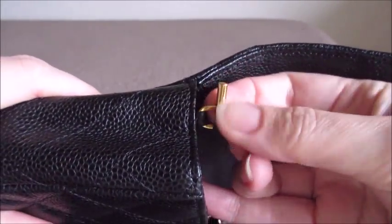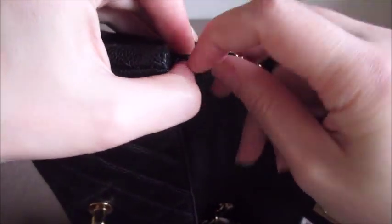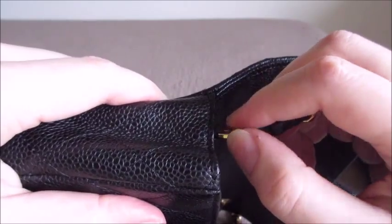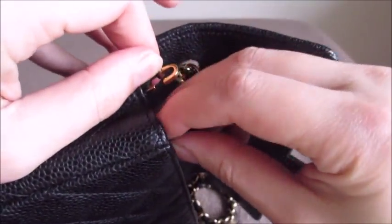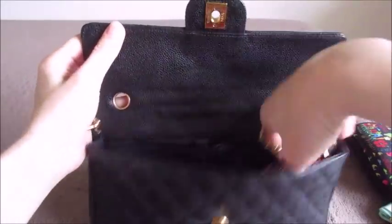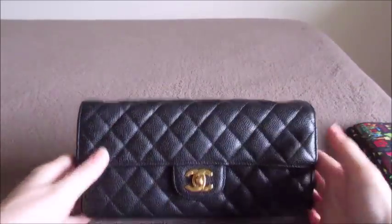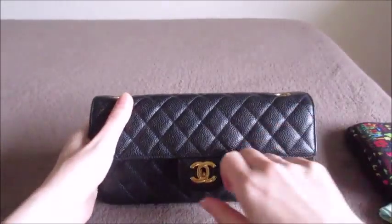That centerpiece just flips right up. Doesn't look like it, but it's super easy. I can't do it now, but there, it flips down and then flips right up. So you can completely take the chain off and run it through. If you wanted to use it as a clutch with no chain showing, just the grommets on the top, you can